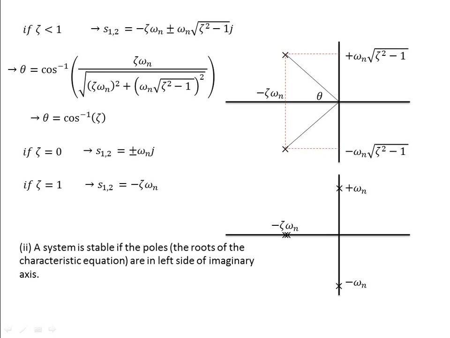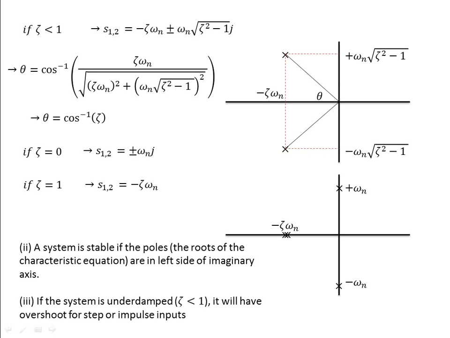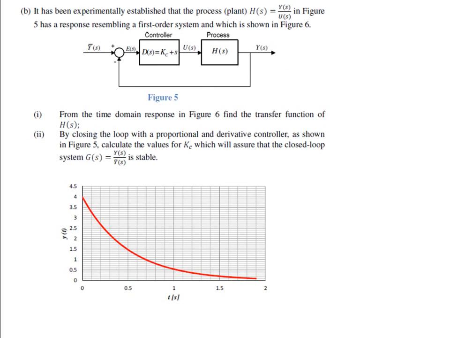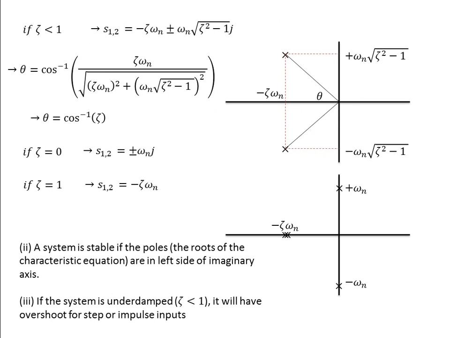For the second part, we're looking for which case the system is stable. The system is always stable because we have minus zeta omega n as the real part, and since zeta is positive and omega n is positive, minus zeta omega n is always negative, so we always have a stable system. And for the third one, it's asking for which condition we have overshoot in the response. We have overshoot in the response if our system is underdamped, or if the damping ratio is